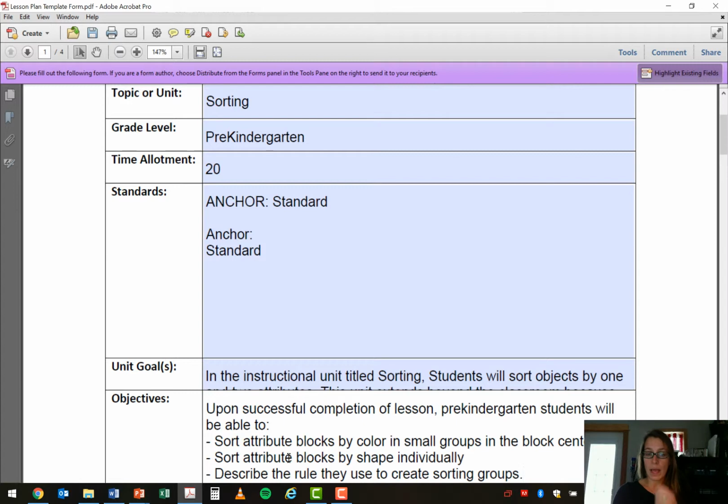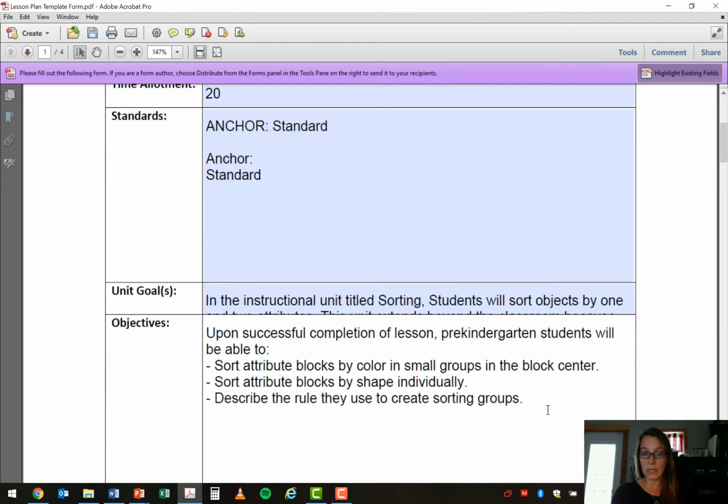So I have my audience of pre-kindergarten, my behavior, sort, describe, my condition: attribute blocks by one color in small groups in the block center, blocks by shape individually, and describing the rule. They're describing rules, that's the condition there. As I mentioned, the degree, the success criteria, you are allowed to put in the assessment area for this course only. If you prefer to do it this way, audience pre-kindergarten,